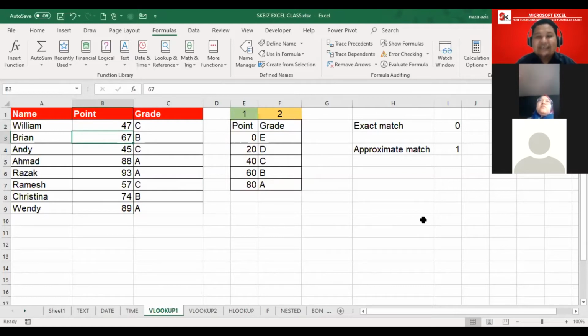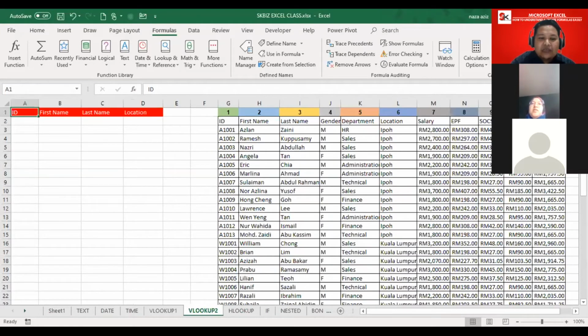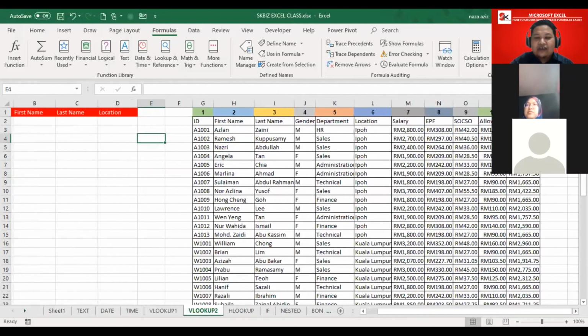So this is VLOOKUP. Next. For VLOOKUP number 2, you can do this for exercise later. This is actually for your exercise. Later I want you to find out